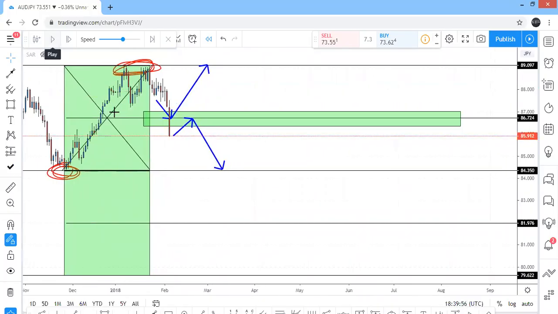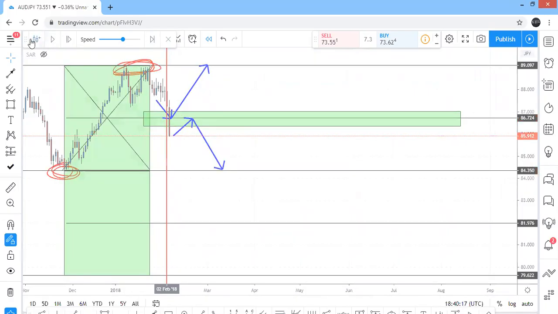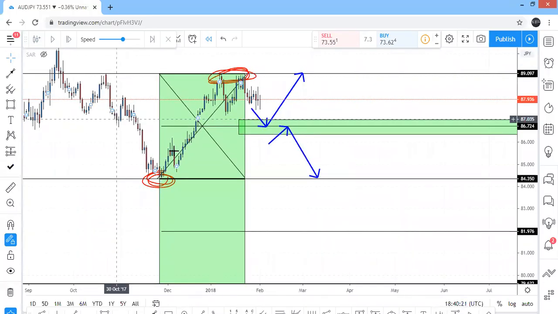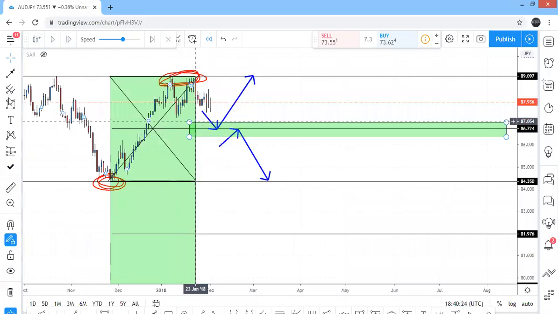All right, so look at what we have here. We have a break of that particular structure. Now, your trading personality will demand either you do an instant execution or you do a sell stop or a sell limit, okay? Sell limit would have been, if I could have gone back one candle. So we know that candle is going to be like a massive candle. So what we could say is I'm going to put a sell stop